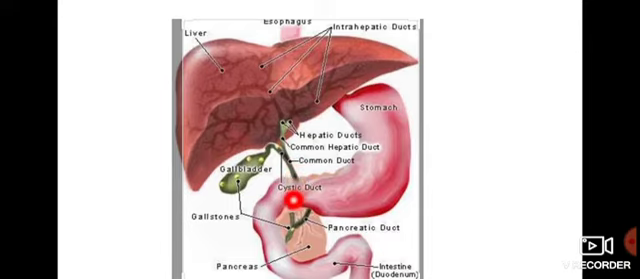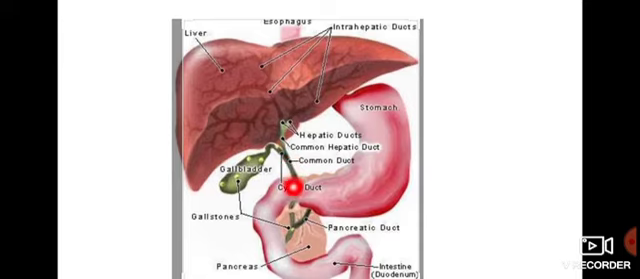Then it passes behind the first part of the duodenum. We had studied this as a relation of the first part of the duodenum, the posterior relation. One of the posterior relations of the first part of the duodenum is this bile duct. Then moving down, it passes below the first part of the duodenum. So the whole course of the bile duct is related to the first part of the duodenum. In the beginning it is present above the duodenum, then behind the duodenum, then below the duodenum. So we can divide the course of the bile duct as